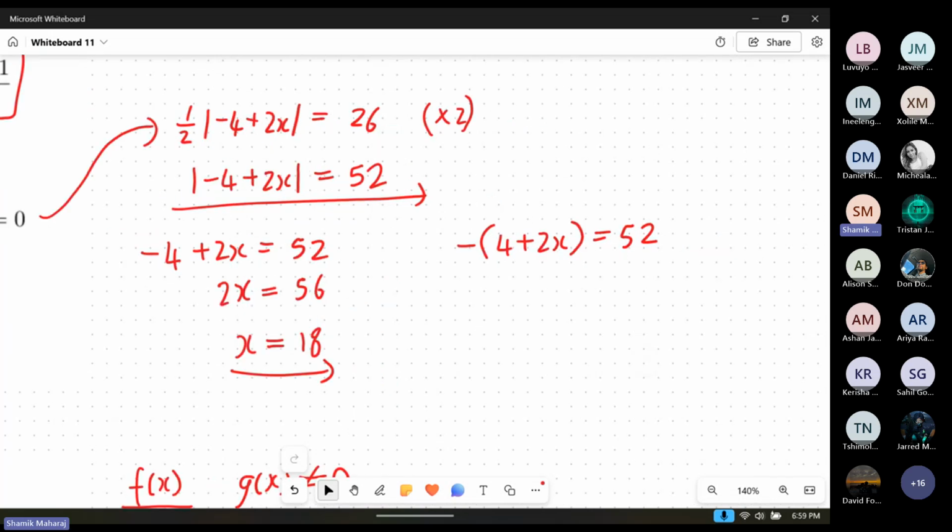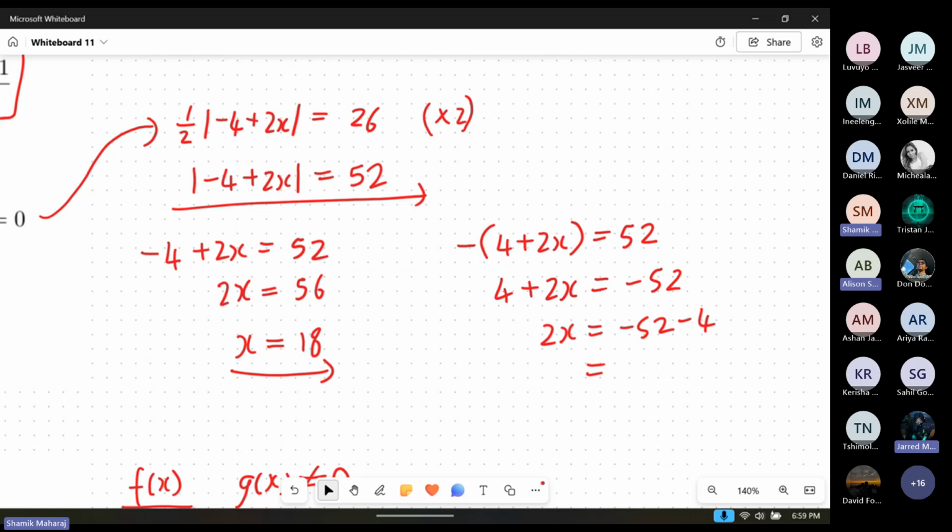Okay, and the one on the right, first thing we should do is we can multiply both sides by negative, or we can distribute the negative in. That's a thing of preference, up to you. I would prefer to just move the negative to the other side by multiplying both sides by -1. Then we can write this now as 2x is equal to negative 52 minus 4, which is going to be